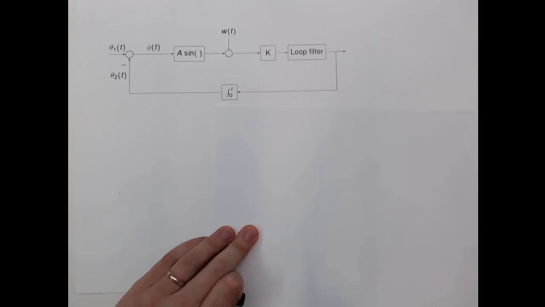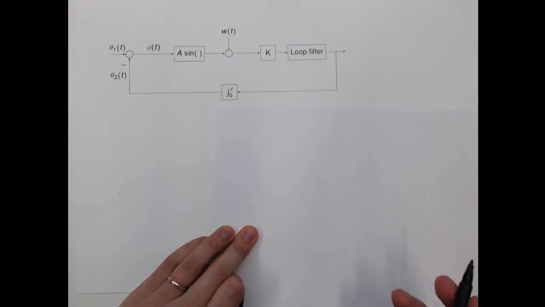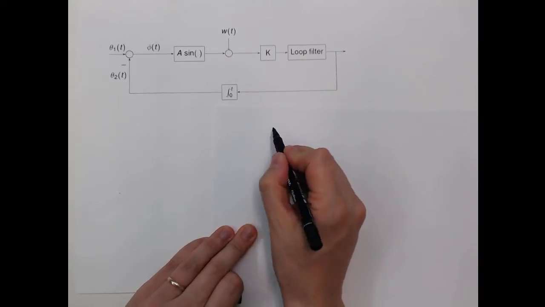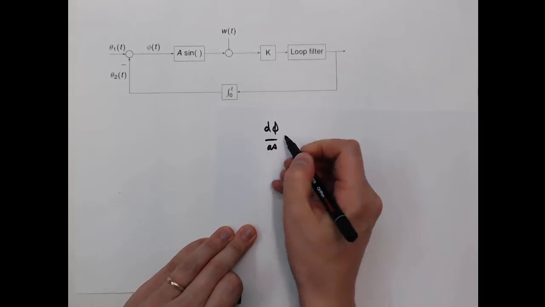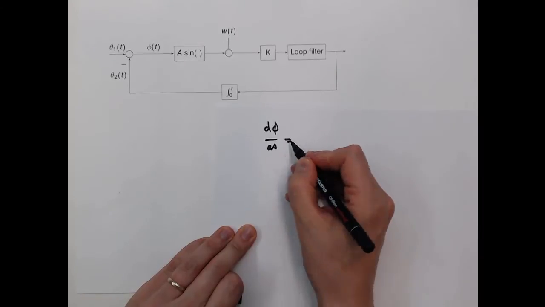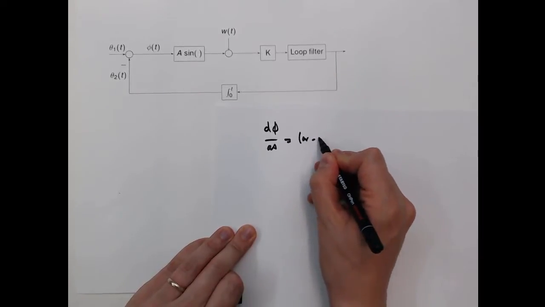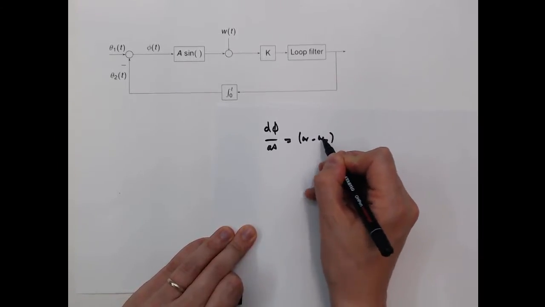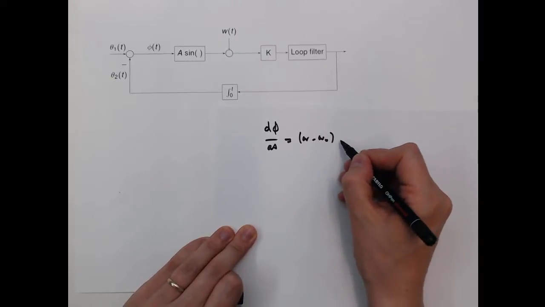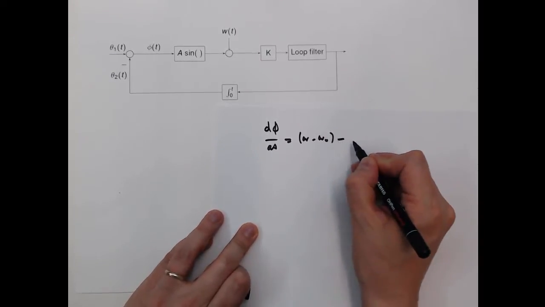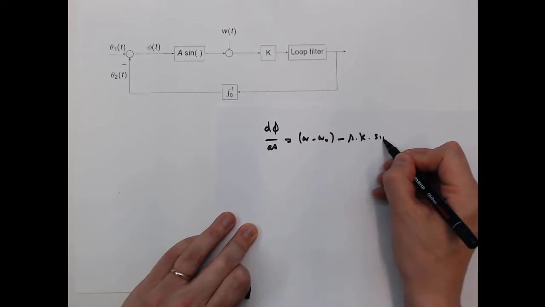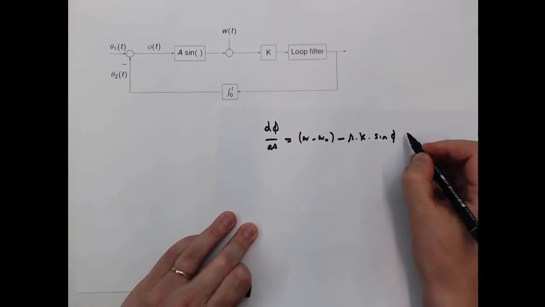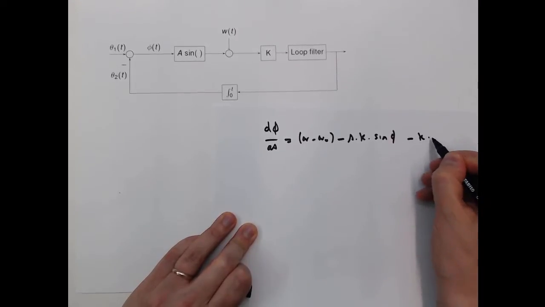In the case of sinusoidal input, we can write down the equation for this model as the time derivative of phi equals omega minus omega 0, where omega 0 is the frequency of the input, then a constant k times sine of phi, minus k times